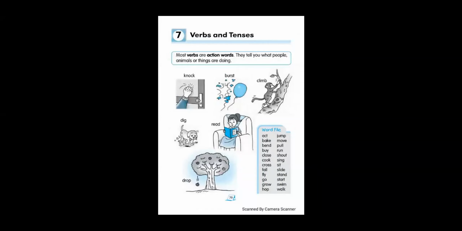Let's see. Okay. Yes. So we have started with the verbs and tenses, right? Do you remember? We have seen verbs. I'll just do a quick recap of what we have studied till now. We have finished present tense. Do you remember? We have started with the tenses. In present tense, what all we discussed? Simple present tense, present progressive tense and present perfect tense. हमने finish कर लिया, right?